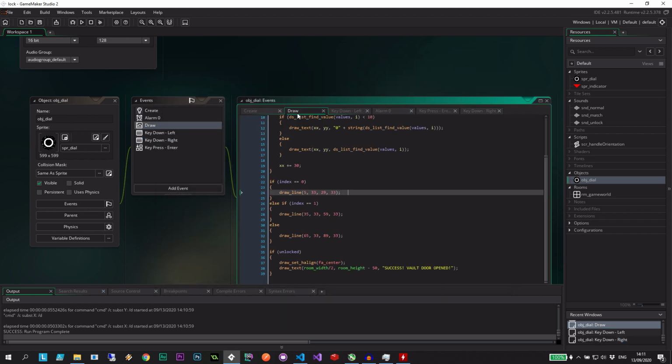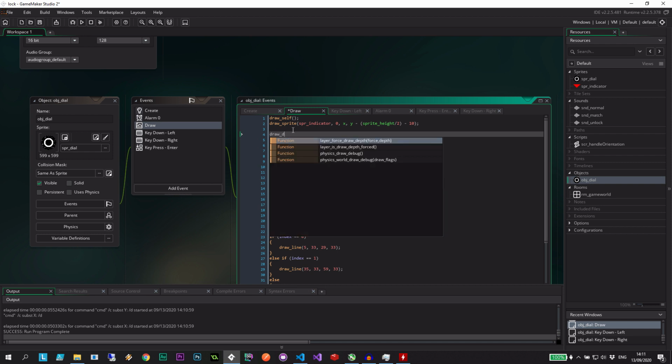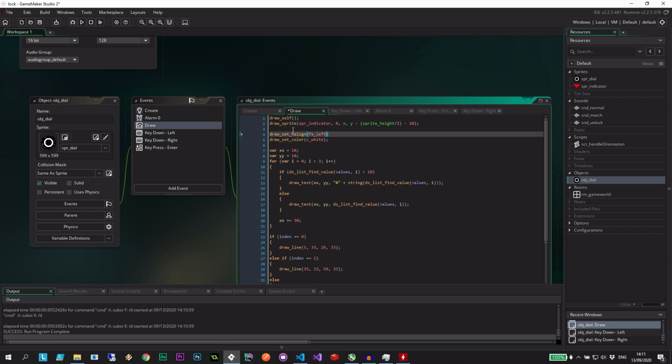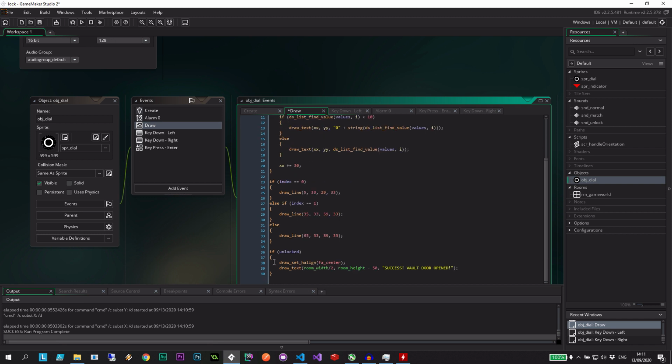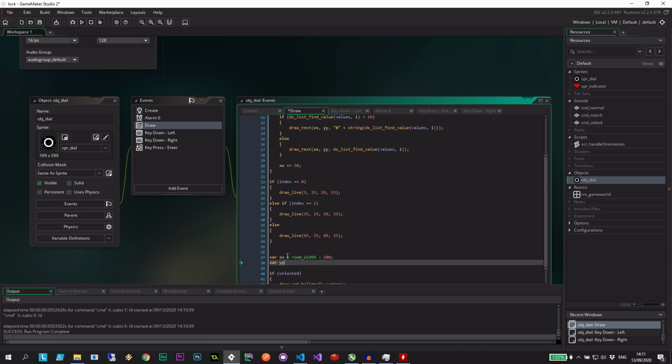Let's go add some extra little added benefits over here. I actually want to say the default draw alignment. Draw set horizontal line is going to be FA left, I think. Because we changed to FA center over here and then it resets it for the next draw. Then also over here for the easy weenie mode, let's quickly draw what the answer is, just to be sure that when the game is reloading it's a completely different set each time. Let's put it on the far right, top right that is,